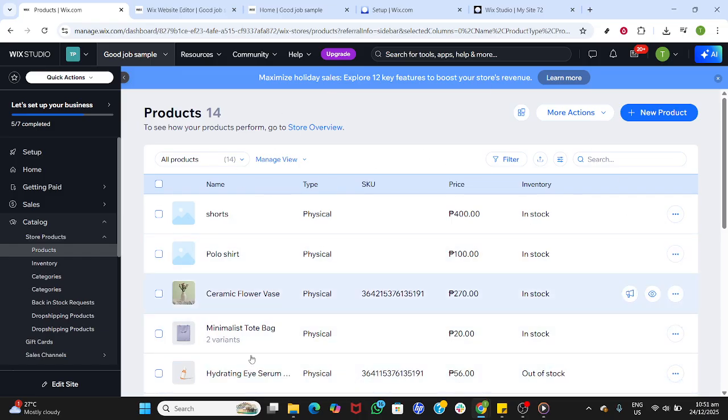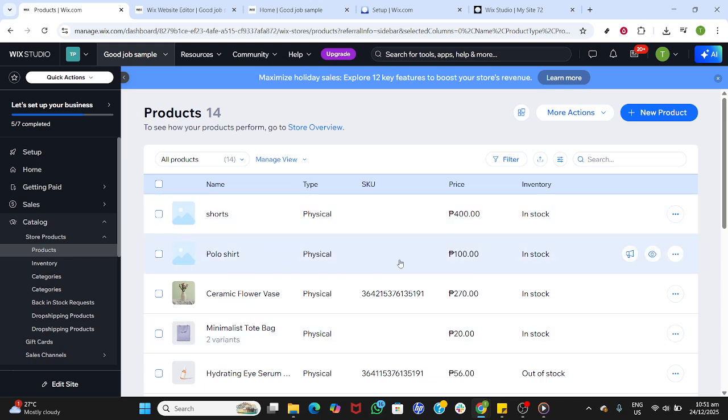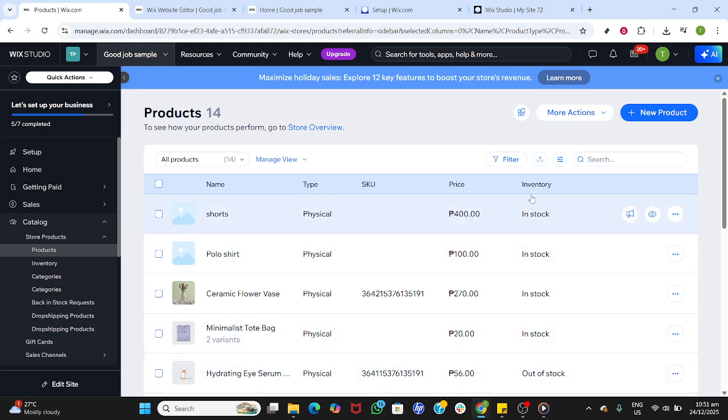That's it. You've added a product to your Wix site, complete with details, media, and inventory tracking. Save your work often, and you'll be